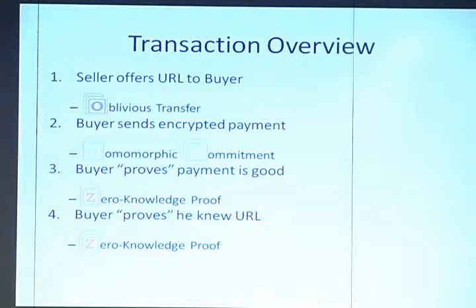And both these proofs use a building block called a zero-knowledge proof, which means that the only thing Sally learns about this is the statement that Bob paid something good or that Bob already knew the URL. Of course, Bob's side of the protocol always looks like this. So Sally always sees the same thing. She always sees this oblivious transfer, the payment, and then 2 proofs. But something must be wrong here because it can't be that Bob always pays or that Bob always knew the URL in advance. And this is the main trick that makes the protocol work,